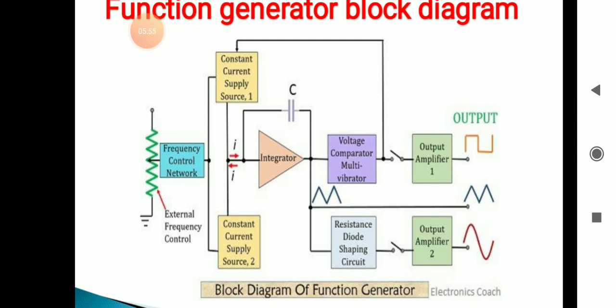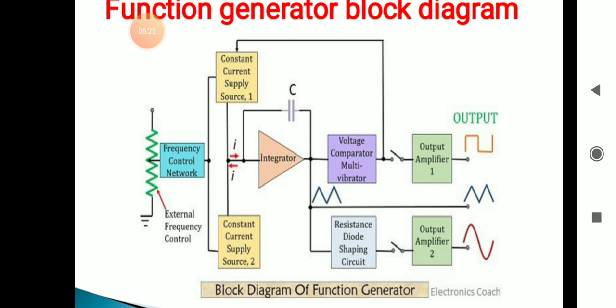Whenever it increases beyond the UTP, the output V0 becomes negative. It is linked back by the feedback line. It turns the upper CCS off and the lower CCS on, which means the reverse current I2 now flows. This discharges the capacitor C to 0 and then recharges it towards the negative, as shown in the figure.